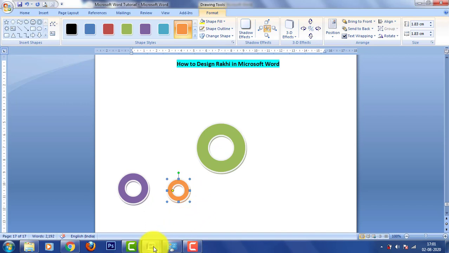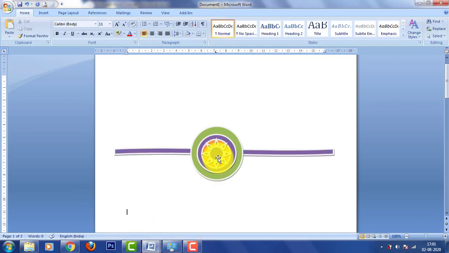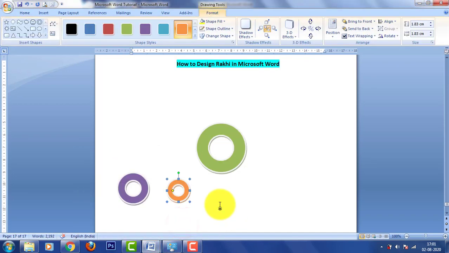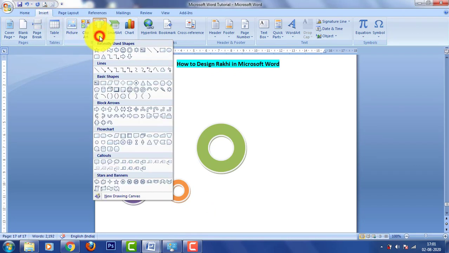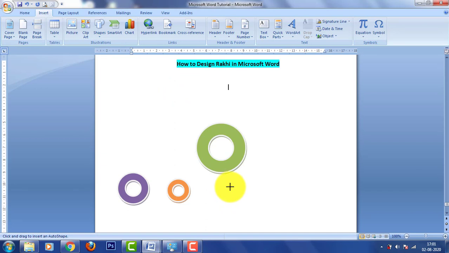Now if you see the design again, now this shape has to be created. So again select Insert, from Illustrations Shapes option, and then select the Sun option. Just drag and drop. It's not actually drag and drop. You hold the mouse button and then release the left mouse button.